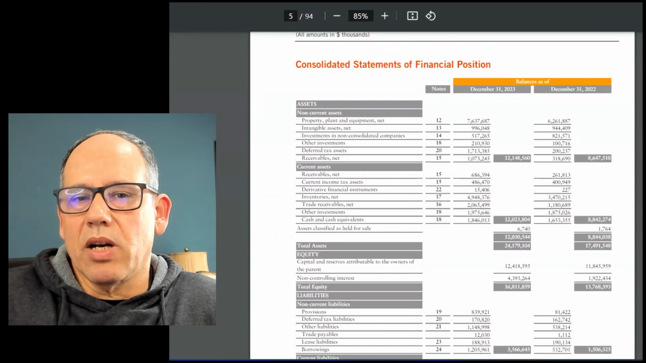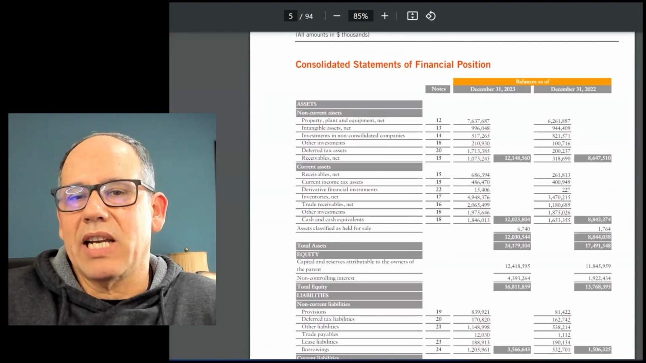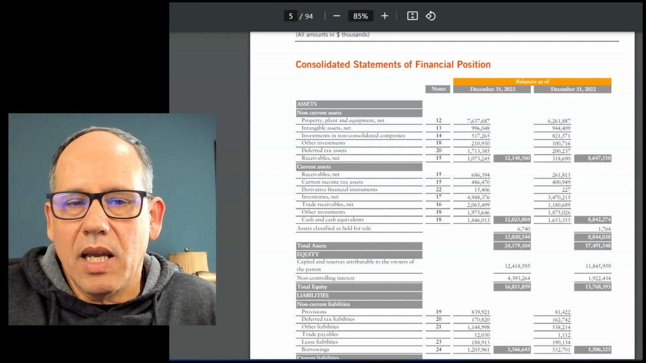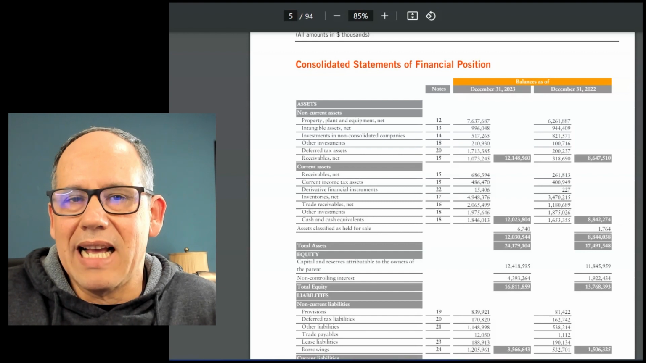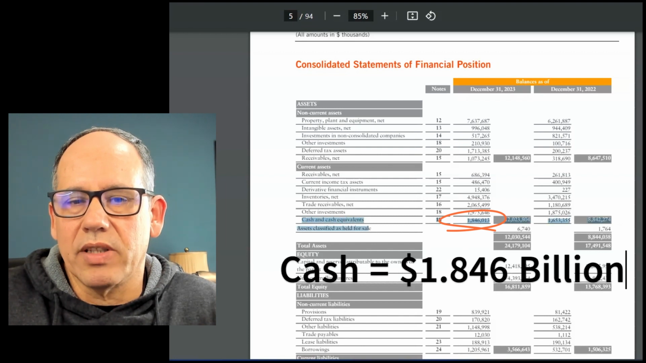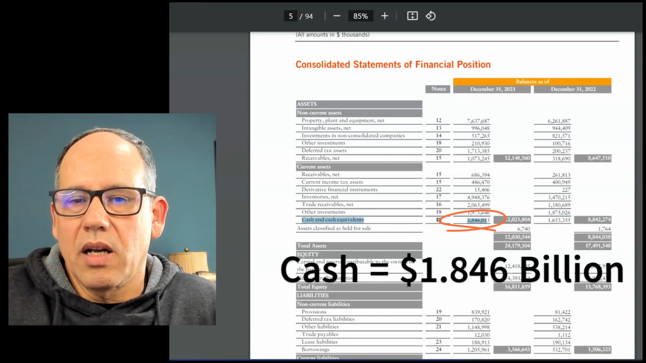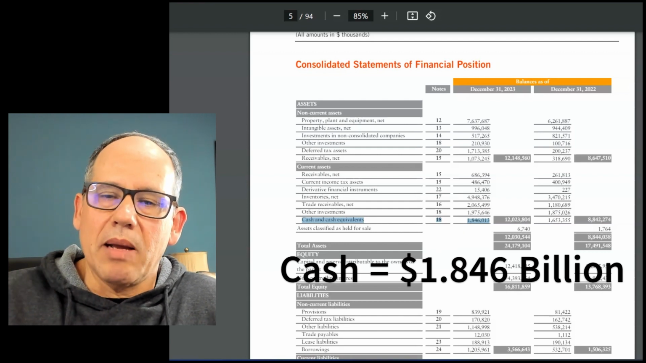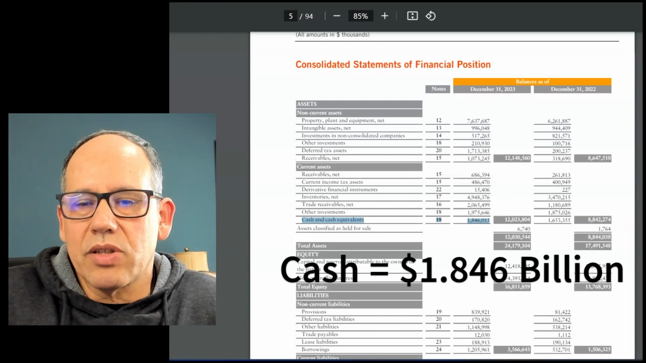And in Europe, they call it a consolidated statement of financial position. In the US, we call it a balance sheet. So it's the same document. The other thing that's interesting about Europe is they put current assets below non-current assets. So we look below and see that there is cash and cash equivalents of $1.8 billion. So that number I'm going to use in my model, which I did, and use that to add value to